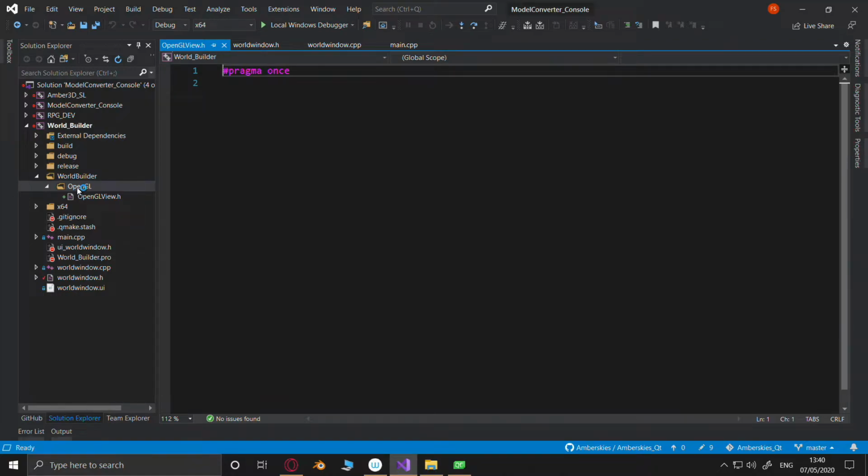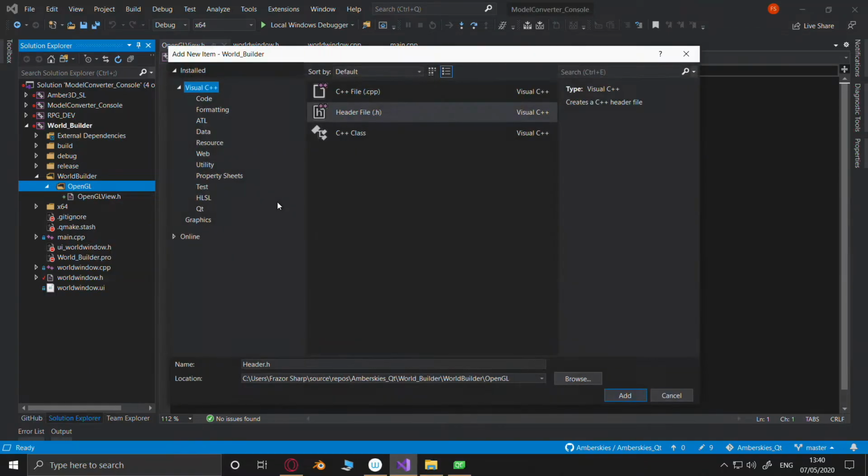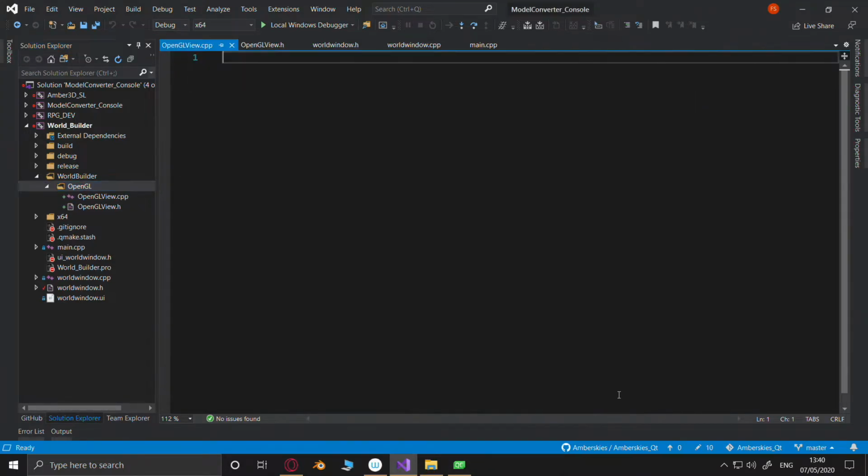And once it decides to stop messing about, thank you. We'll do the other one as well, the CPP file. OpenGL. And we can add that. Lovely.